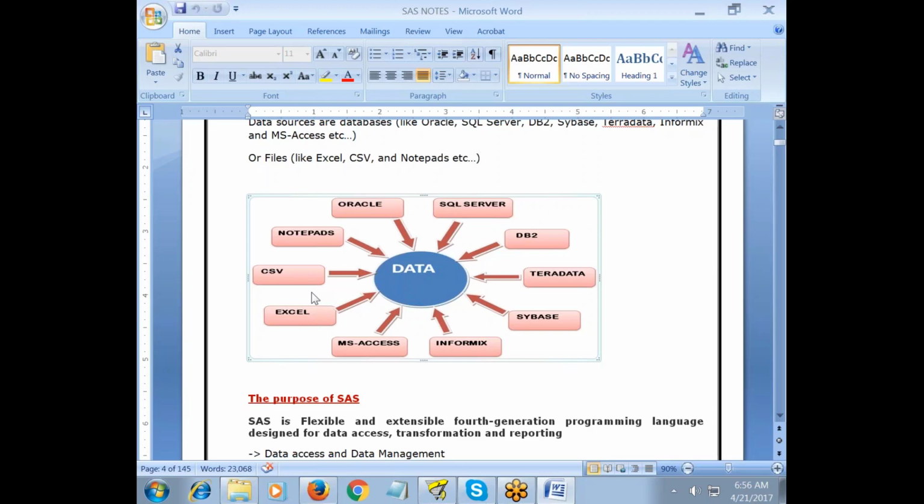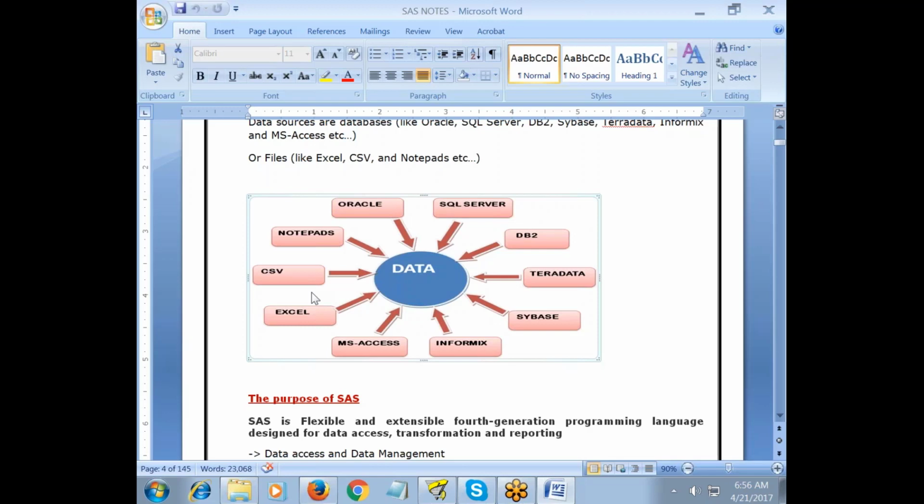In simple terms, as a layman, in a file you can store a limited number of records, whereas in a database you can store an unlimited number of records.